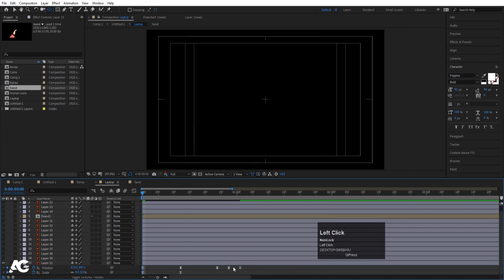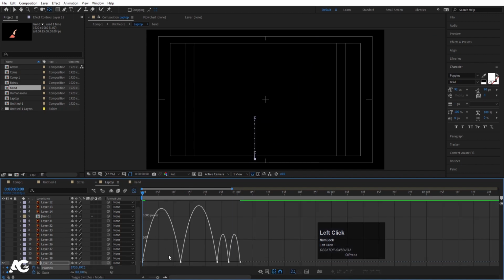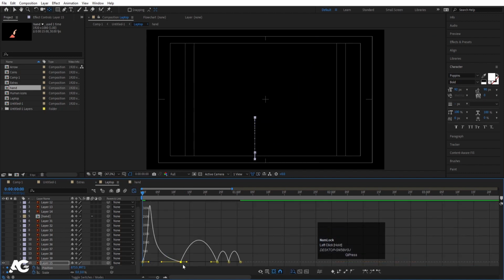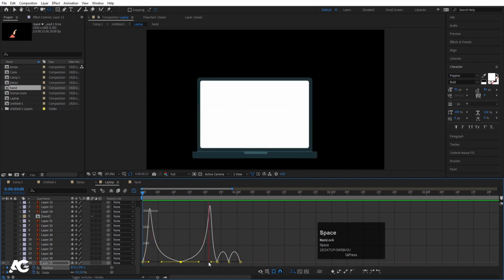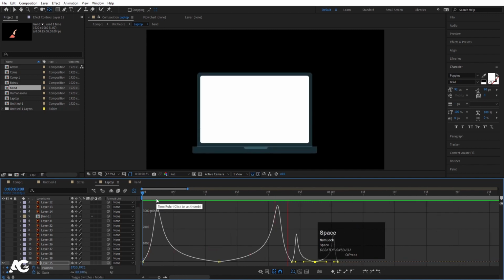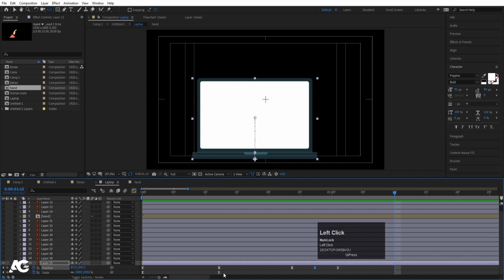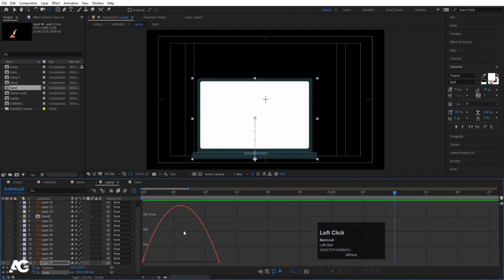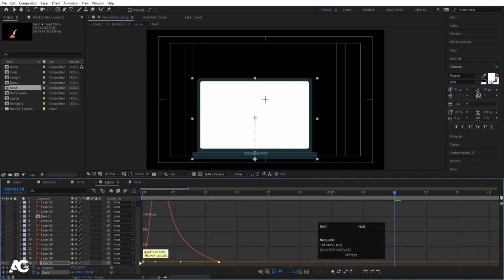Then we will select the position keyframes. We will go to the graph editor. We will select this graph, hold shift, move this handle over here and this handle over here like this. Zoom in a little bit, select this much portion, move this handle over here and this handle over here. Let's see, like this. Then select the scale keyframes, go to the graph, select this, hold shift, move this over here